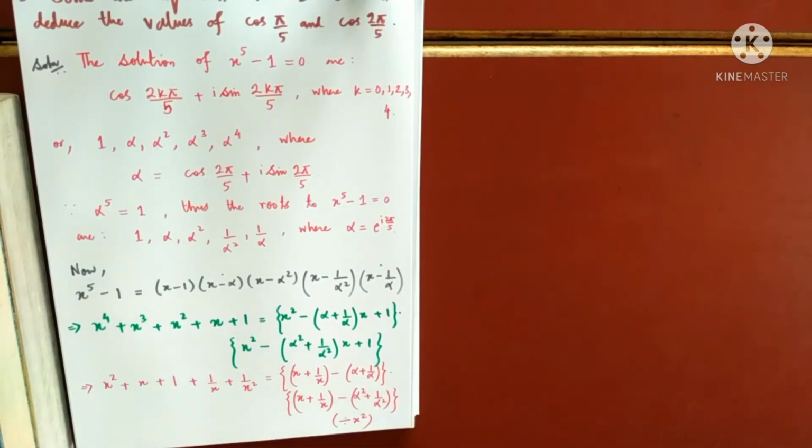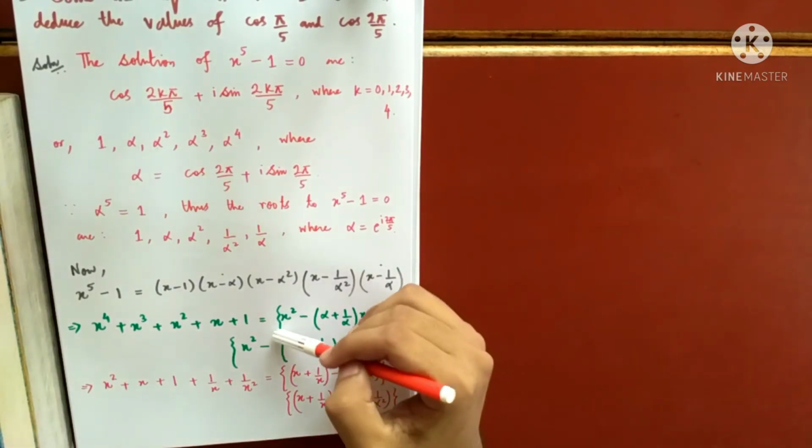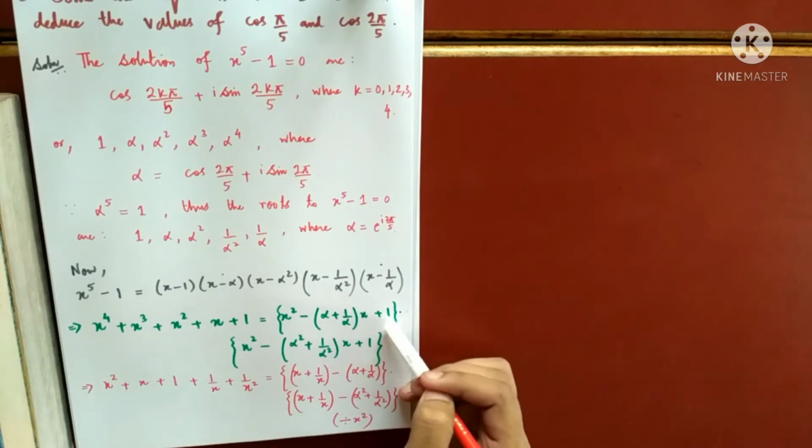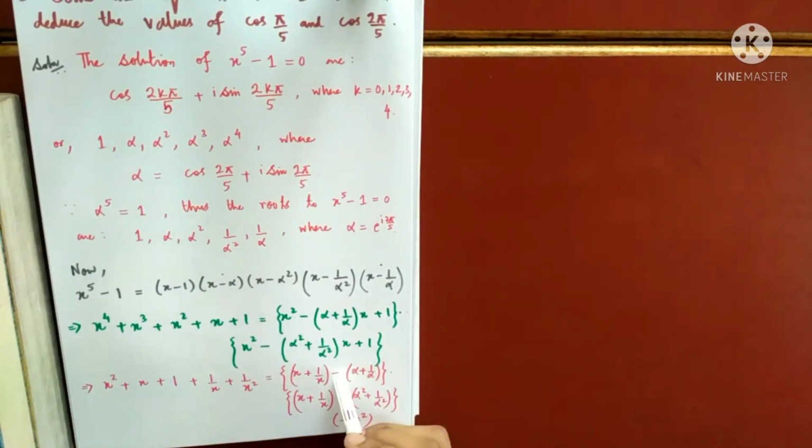I am dividing both sides by x square. So this will be divided by x, this will be divided by x. So this will become x, this will become 1 by x. I am taking them together, minus this x will get cancelled. Similarly here. Now as usual, put this as t, and you can again rearrange them.